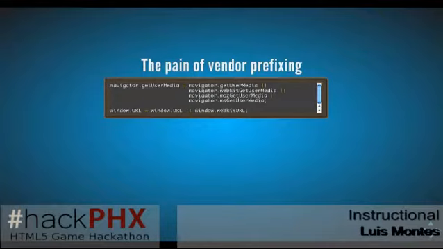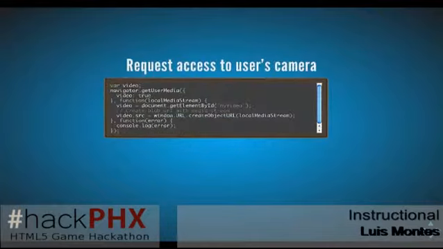So we have a video tag because we're going to want to put video in there. But we have to ask for permission to use the camera. The web page has to ask. You don't want a web page randomly grabbing your camera and putting a picture of you in the morning on Facebook, I guess. So to ask, you say navigator.getUserMedia, and what permissions you want.